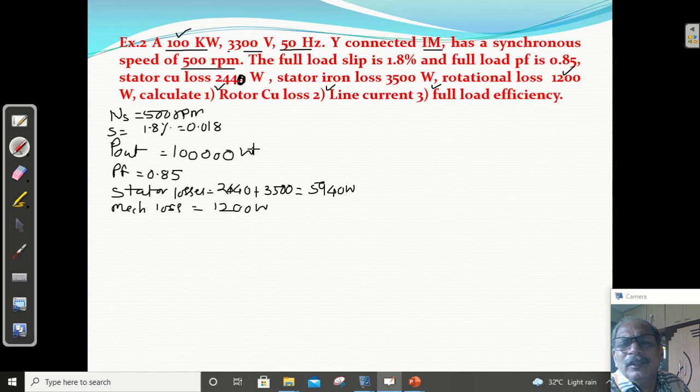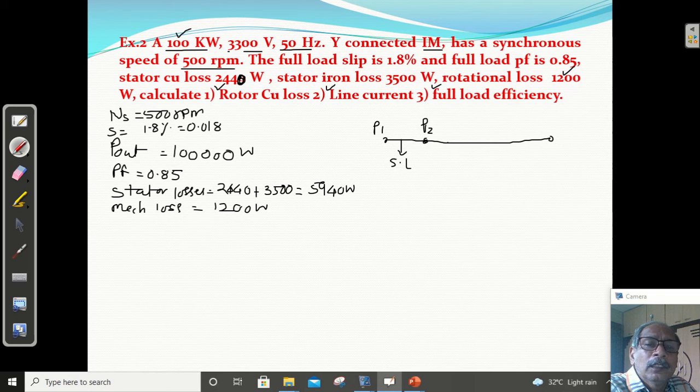So we can calculate, we know the power stages that we have. This is P1, clear? P1, then these are the stator losses. You will get the output of the stator, that is the input to the rotor, P2. Then the rotor copper losses. It is the output of the rotor PM, and these are the mechanical losses. You will get the P out. P out is given, then the mechanical losses are given, so you will get PM.